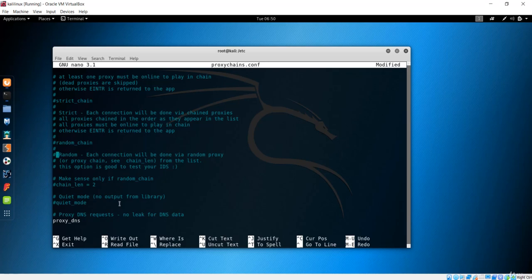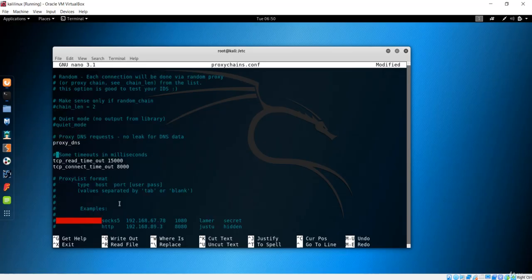And the next one, the most transparent one, is the random chain. This is not going to do any encryption. This is normal; it has transparency. Anyone can see your IP address, can trace your location, and can check your system information, everything, with this random chain. That means there is no security whatsoever in the case of the random chain. You can see that chain length and quiet mode are not important information.